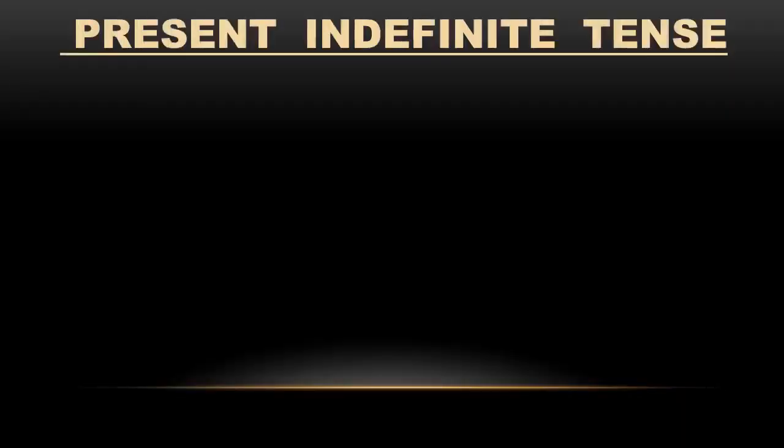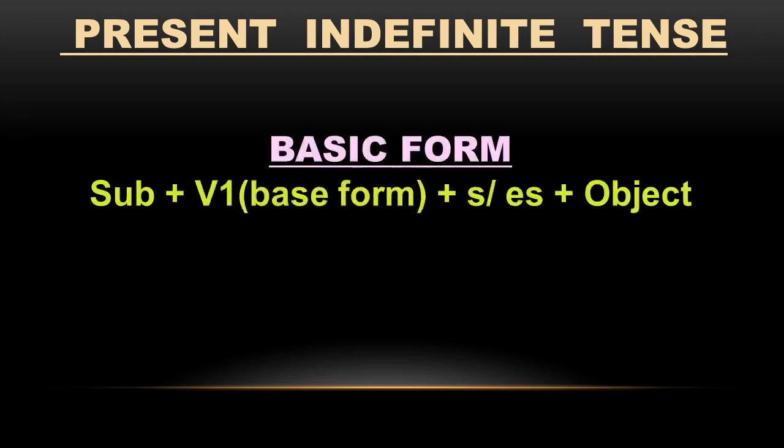We started with present indefinite tense. So let's first recall what tenses are. Tense is actually a form of verb which denotes the time of an action and its degree of completeness. The first and foremost type we have is present indefinite tense. Present indefinite tense is used to talk about habitual actions, daily routine, custom, or scientific truth.